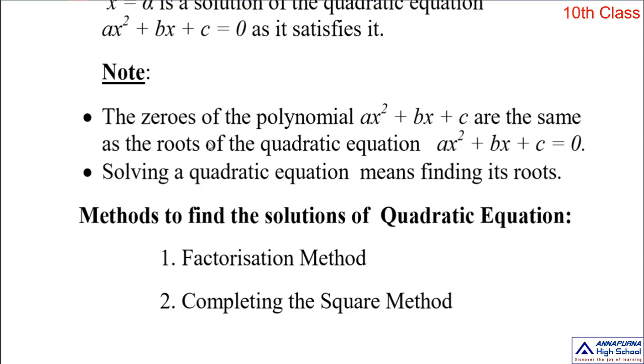Here also we follow the same. First we change that given equation into standard form of the quadratic equation. So in that quadratic equation we choose the quadratic polynomial, that means the left side part, and we split that quadratic polynomial into two linear factors. So from those linear factors we find the roots of the given quadratic equation. Okay, so let's observe the factorization method by taking one example.